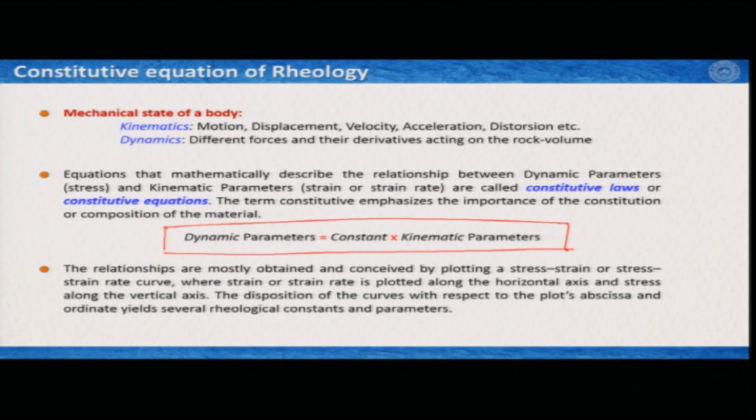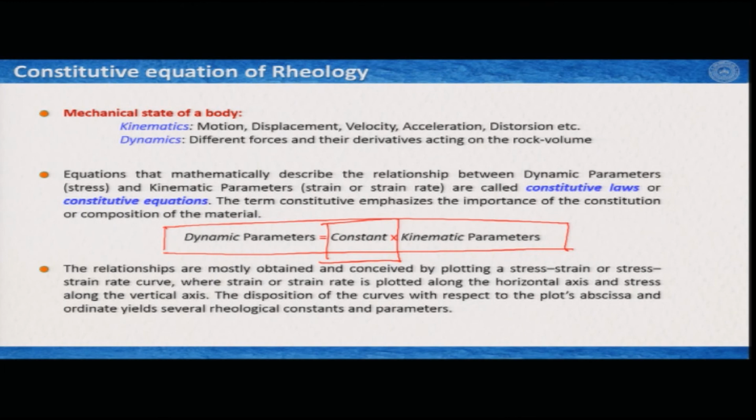If I try to write in general, any rheological equation should have a form like this: dynamic parameters and kinematic parameters should be equated by a constant, right. And you can see this is probably coming from the second law of Newton, where force is equated to the acceleration multiplied by mass, where acceleration is your kinematic parameter, mass is a constant, and force is one of the dynamic parameters. Now, in earth sciences or in many other subjects including structural geology, the rheological relationship, particularly the constant, is what is sought. Finding the constant is the challenge, and these are mostly obtained